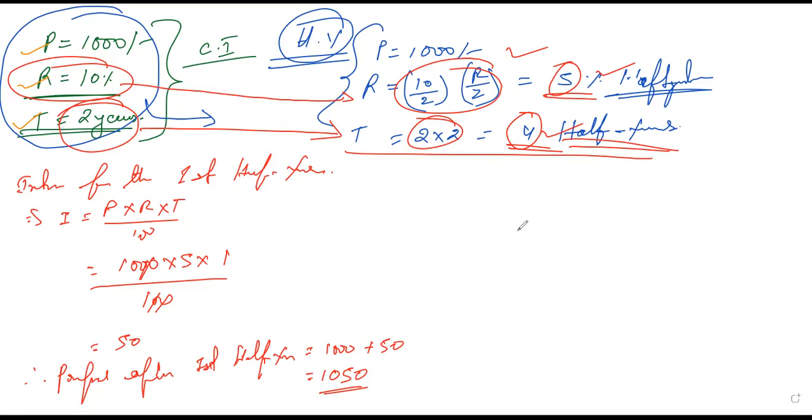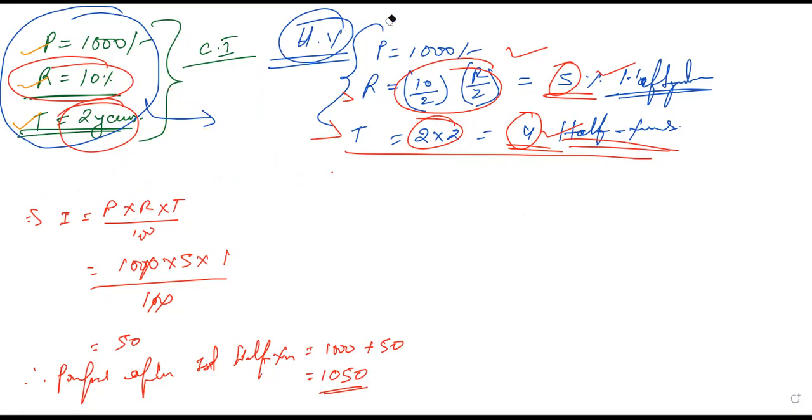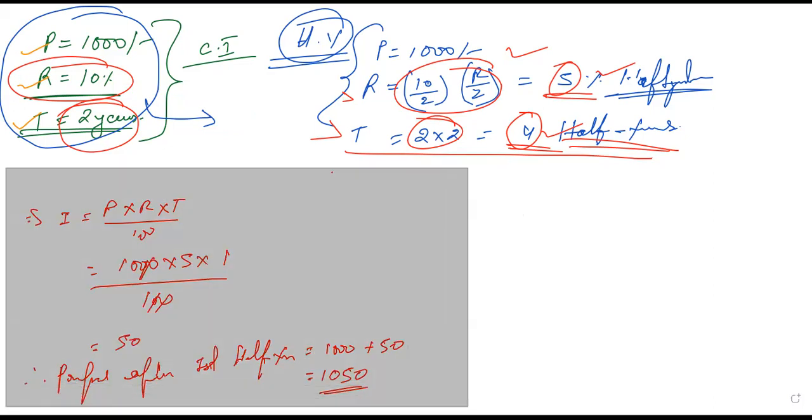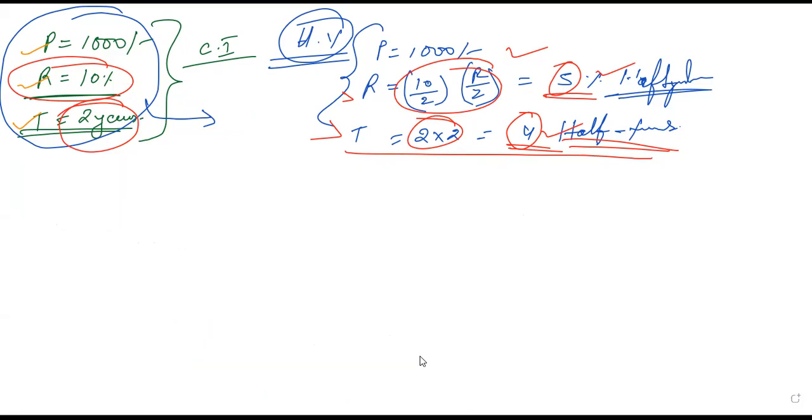Okay. Now, a similar kind of condition, I will not say the same, similar, we will go for the quarterly condition. Suppose we have to calculate for the quarterly, then how are we going to change it? Just now we discussed the half yearly. Now, if I have to go for quarterly, then what would be the calculation?